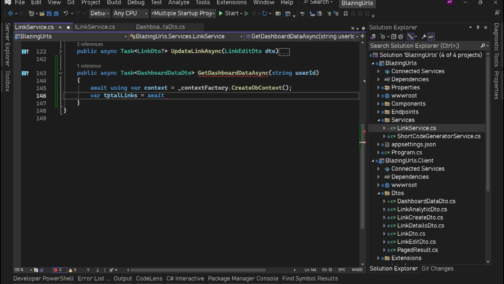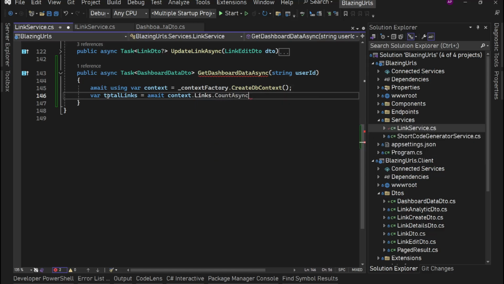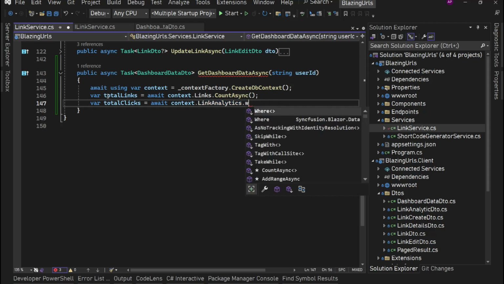Here we'll say await context.Links.CountAsync. All right, then we'll say totalClicks equals await context.LinkAnalytics.CountAsync,